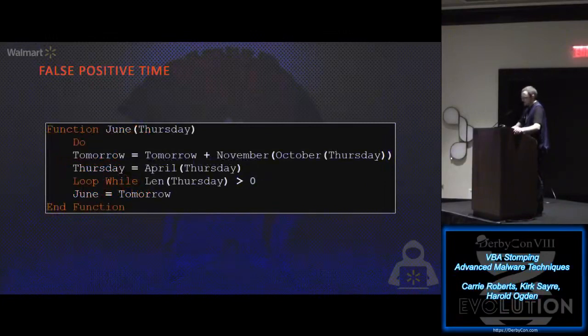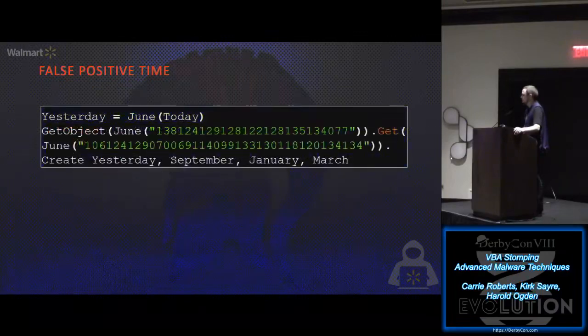And then our main function goes and does all the decoding. So we'll call June anytime we want to decode a string. And that's our main function there. And now you'll notice that